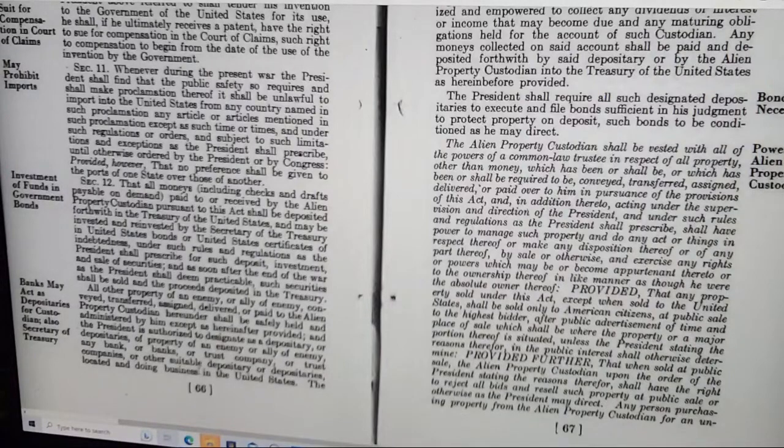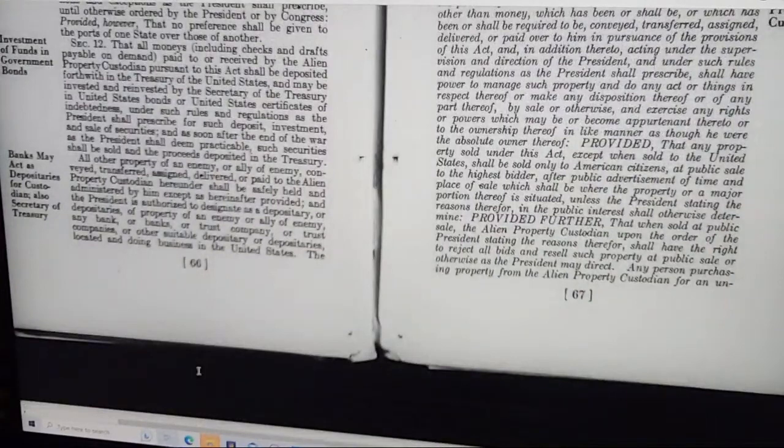Power of alien property custodian. The alien property custodian shall be vested with all of the powers of the common law trustee in respect of all property other than money which has been or shall be required to be conveyed, transferred, assigned, delivered, or paid over to him in pursuance of the provisions of this act, and in addition thereto, acting under the supervision and direction of the President, and under such rules and regulations as the President shall prescribe, shall have power to manage such property and do any act or thing in respect thereof, or make any disposition thereof, or of any part thereof by sale or otherwise, and exercise any rights or powers which may be or become appurtenant thereto, or to the ownership thereof,